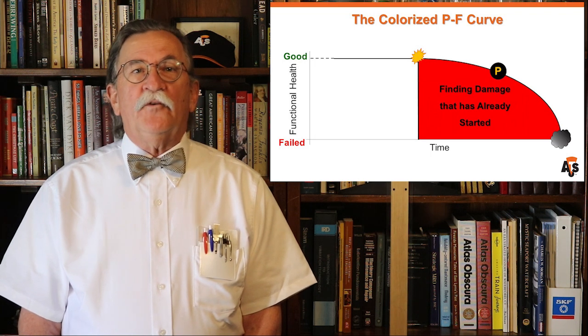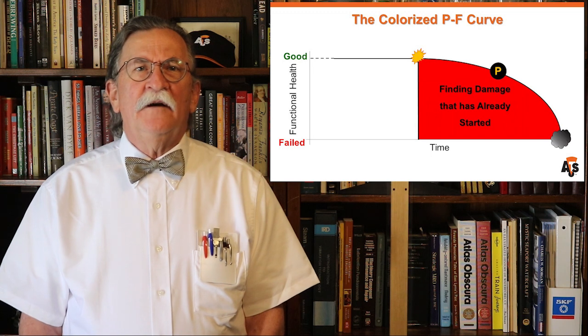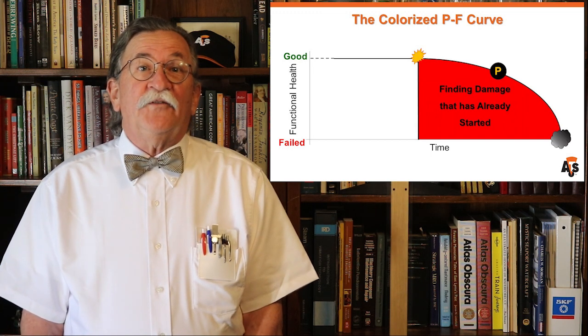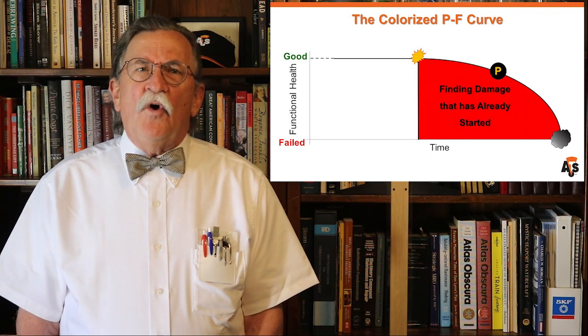I think I was the first person to colorize the PF curve back in 2009. Somebody could have beat me to it, but I never saw it in color until after I started presenting it this way back then. The thing that Mowbray didn't address is how a machine gets to the irreversible damage point